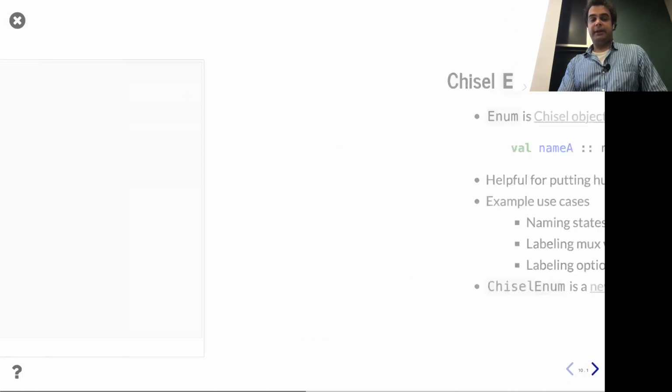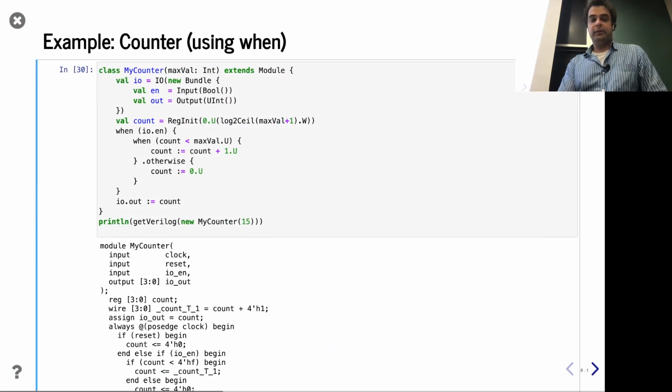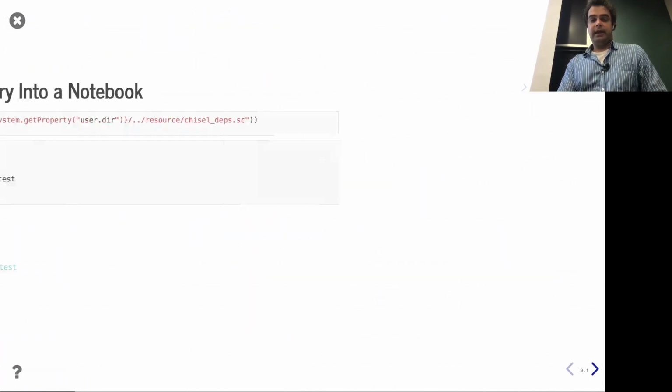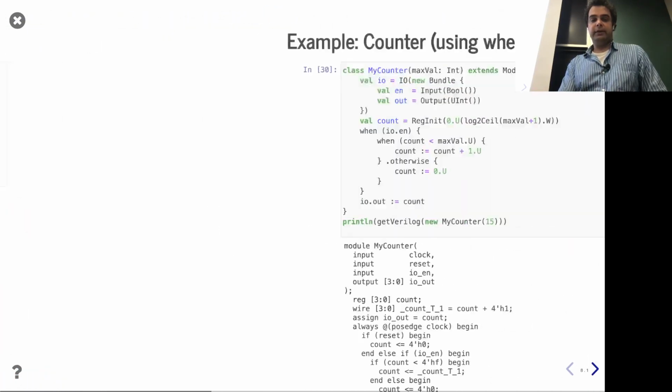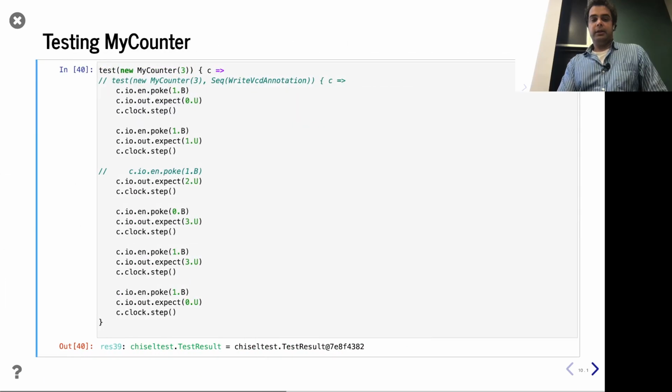Okay, let's go back to waveforms then. Like I said, waveforms are a nice way to interact with things. So I had that early counter testbench ready to go. How do you turn on waveforms in Chisel? The way you turn them on,